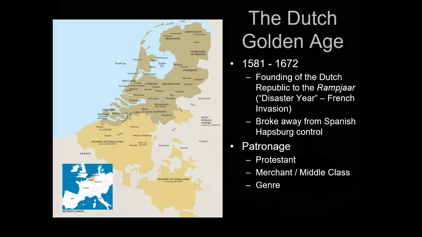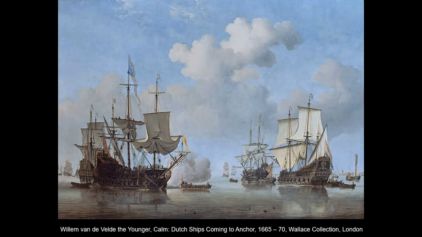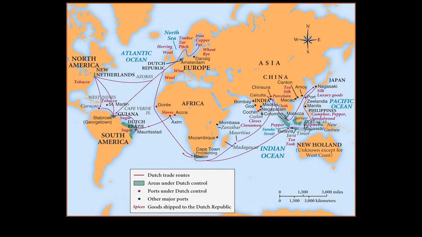The merchant class rises on the strength of their shipping networks. Not only did they have more ships than any other European power at the time, their ships were just better, deeper hulled, could go farther. And they used those ships to travel the world, and they developed an incredible trading network. We often talk about Indonesia as formerly the Dutch East Indies, which got them silk, cotton, fabrics, spices of all kinds, but they also traded to Japan, Africa, West Africa. They were part of the transatlantic slave trade, unfortunately.